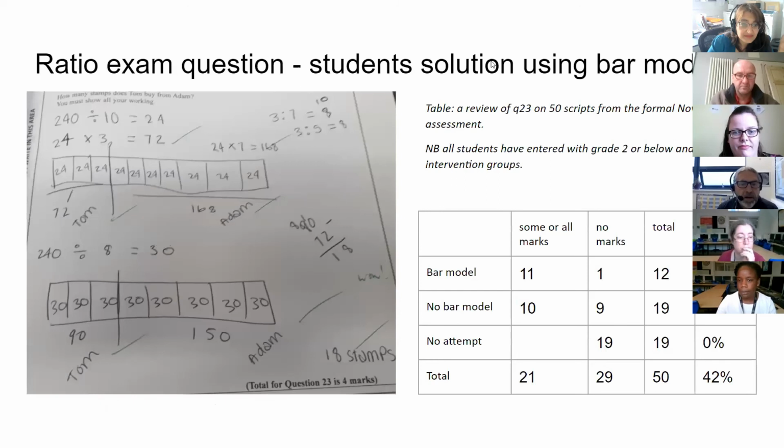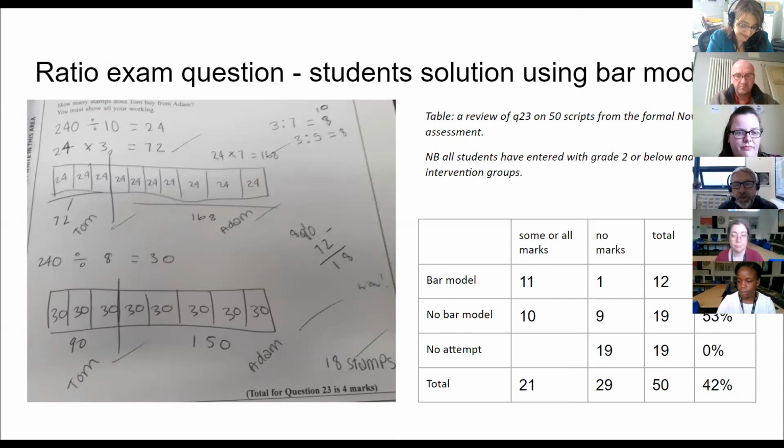Over to you, Byron. Okay, here's another example of a student answer. So this was part of an assessment we did in November, so a formal assessment. This is the question you looked at just briefly before. Is question 23 on an exam paper, and given the complexity of the fact it's 2 ratios and then something to pick out at the end, you wouldn't expect many of our 0 to 2 students to even attempt the question, let alone do well on it. So we've managed to find one with a student who got full answers on it.